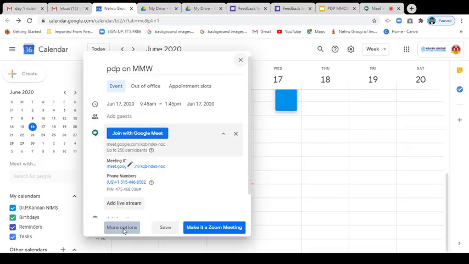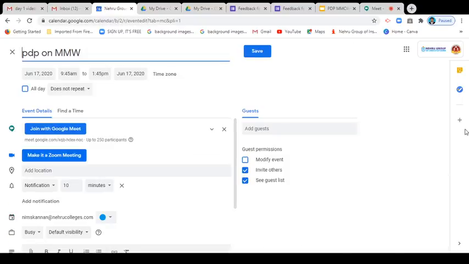You get that, another window will open. So why we go for the More Options button is whether you have to change any other thing, or the meeting is only one day or repeated, you can click All day like that. For our 5 days program, if I press All day, it means the same link we can use for all 5 days. Clear? But we have to create every day.